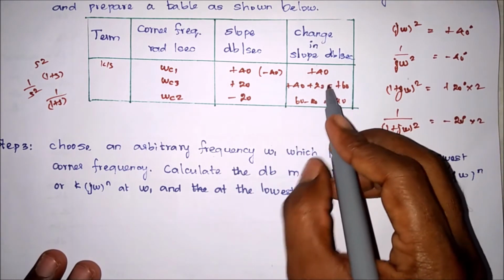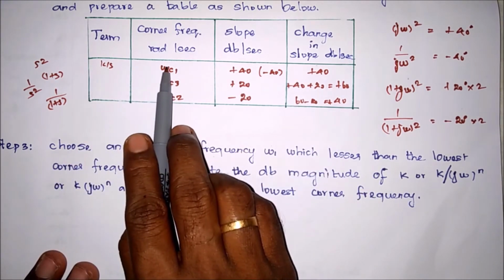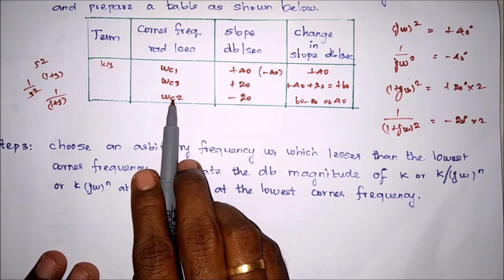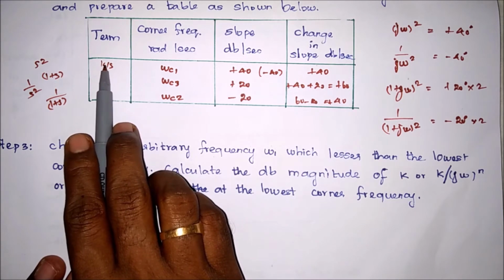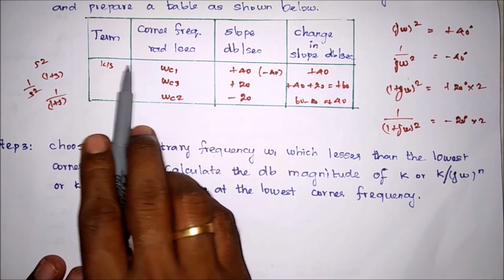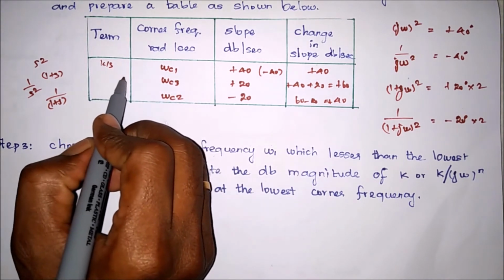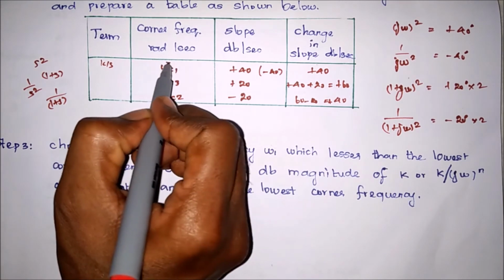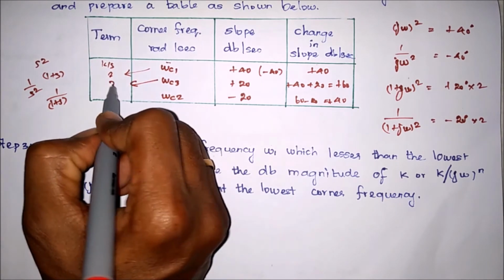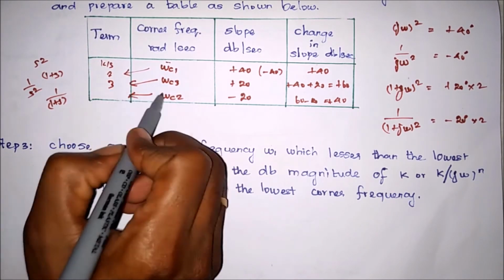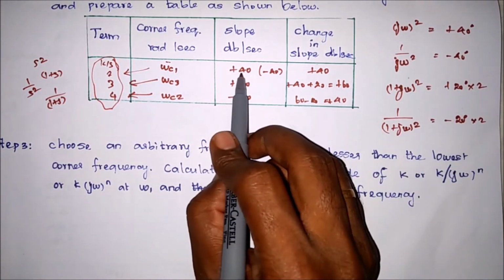So likewise we have to arrange the slopes. So we have to create this table, for which we have to write the corner frequencies in ascending order. Corresponding to the corner frequencies, first we have to consider the s term or s square term. It may be in the numerator or denominator. Then according to the corner frequencies, we have to write its corresponding terms. So first term we can consider dash. Next its corner frequency term, second term, third corner frequency term, fourth term. So corresponding terms, according to this procedure, we have to write its slopes.